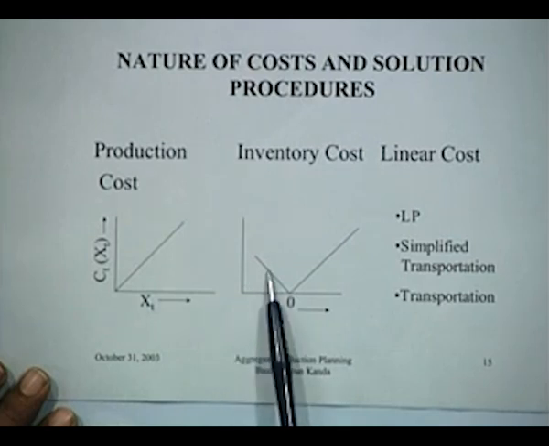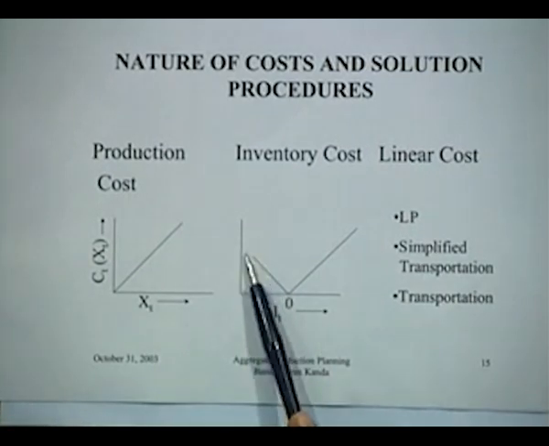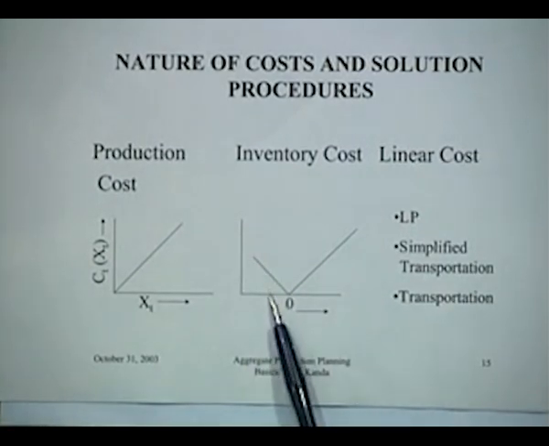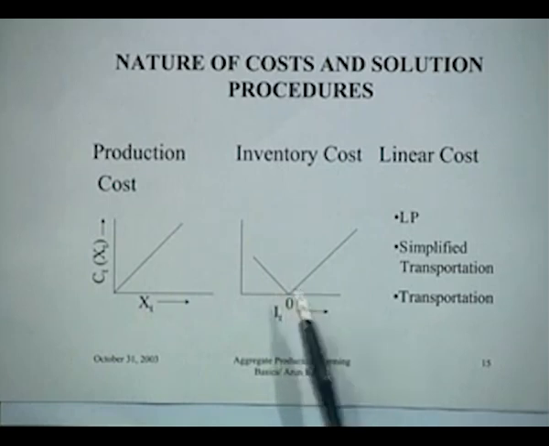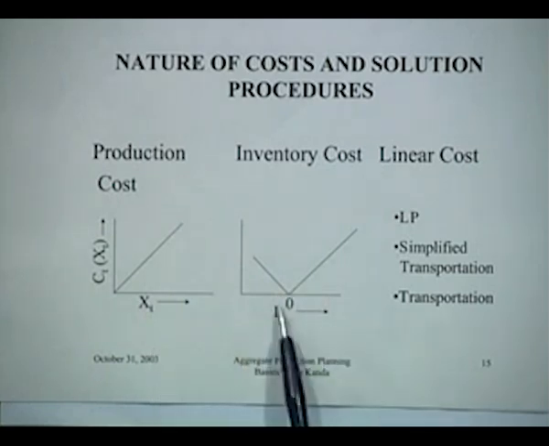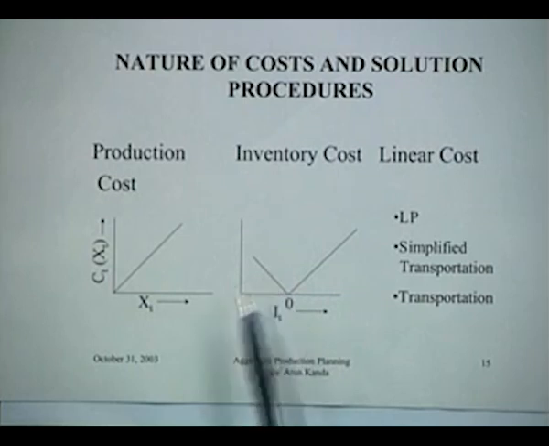Either I can supply immediately 20 cars if I have more stocked with me. So, it is a situation where the inventory level is high, and if there is any demand less than this, I can supply it offhand. But in this case, there is a shortage. So, I back order. Right? If somebody places an order for 20 cars and I do not have 20 cars in stock, I will say okay, the next 2 months I will manufacture these 20 cars and supply them to you. That is back ordering cost. But back order is also at a cost, right? It is in terms of loss of goodwill, whatever it is. So, there are these costs which are determined by the slopes.